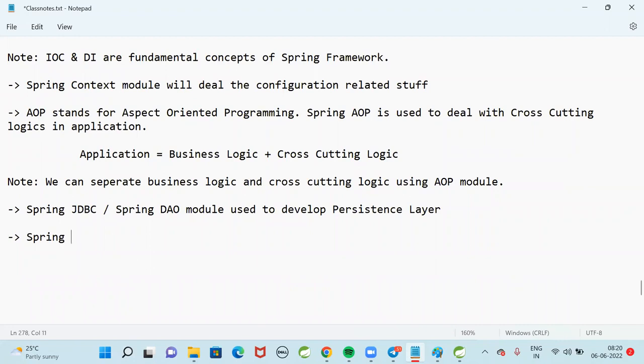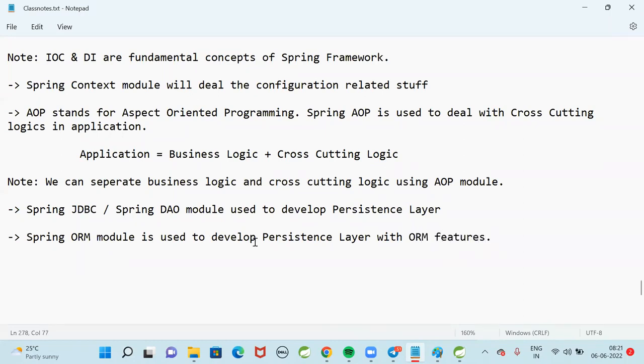Spring ORM module is used to develop the persistence layer with ORM features, object relational mapping. JDBC will represent the data as text. ORM will represent the data as objects, like how we have Hibernate.